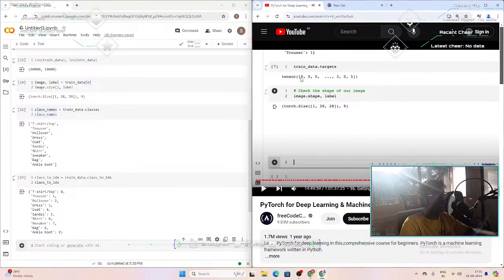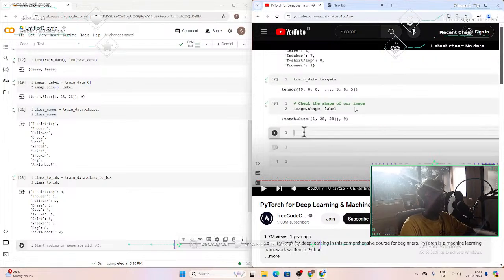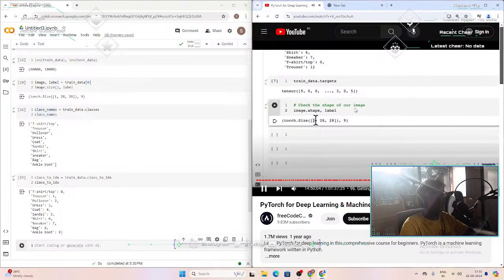Also, this says that the first image is ankle boot. The second one is a t-shirt. The third one is a t-shirt. The last image is a sandal. So, oh, beautiful. Look at that. So our image shape is we have a color channel of